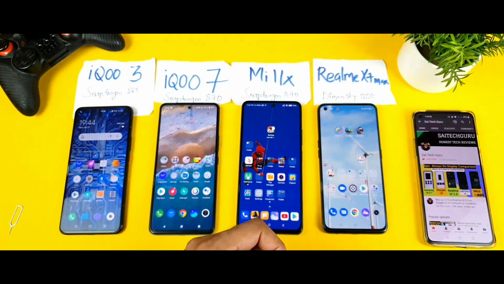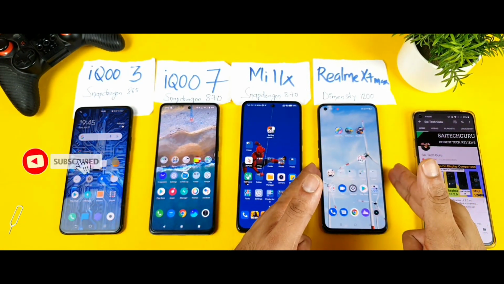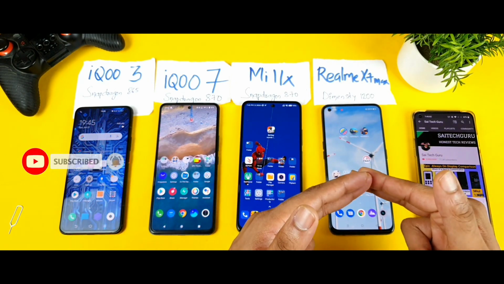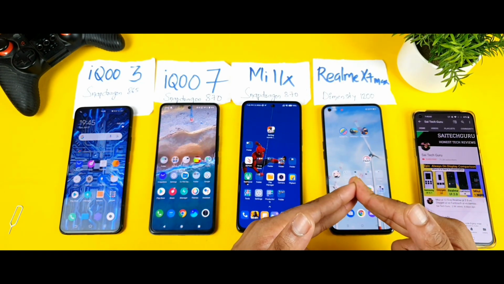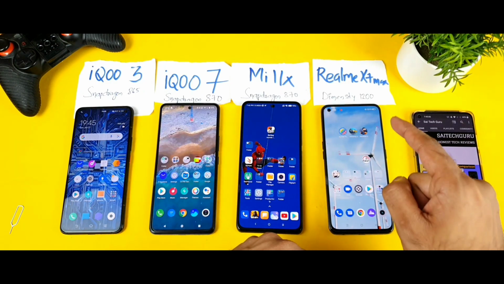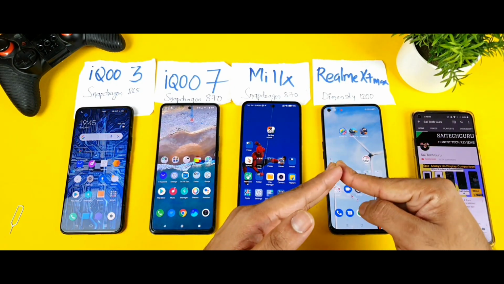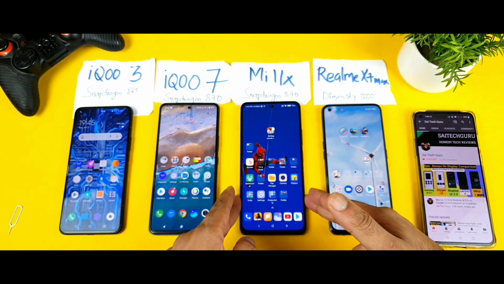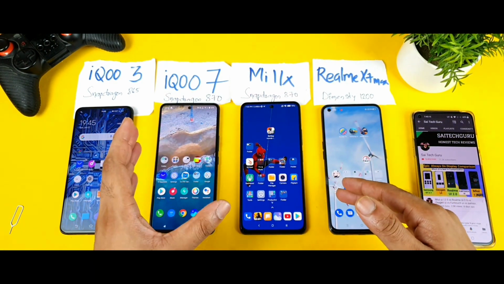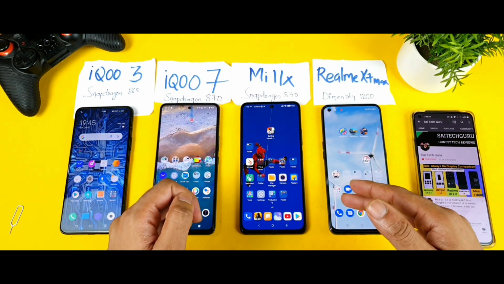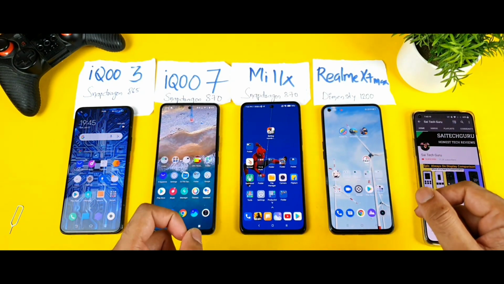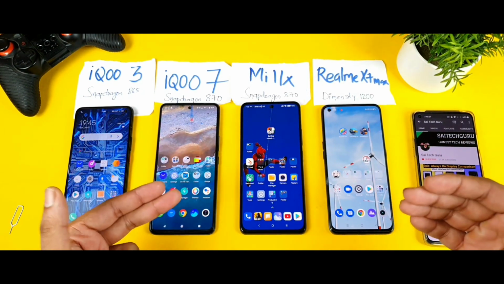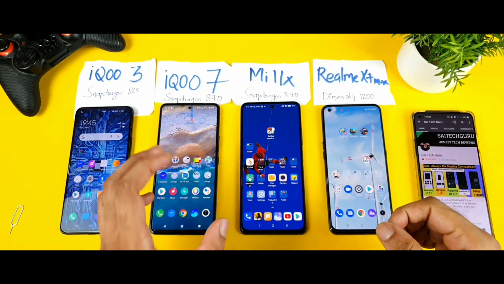And there's another reason why I included the Realme X1 Max, because with the recent update, some users are facing the green tint issue. I got those kinds of comments on the Realme X1 Max, so that is the reason I thought of doing a revisit after the software update which I have received. Previously I experienced this kind of green tint problem mostly with the IQ phones, particularly with the IQ7 device. So in my testing I'll try to use the same methods which I tested before. Same testing I'll try to do in this video as well.